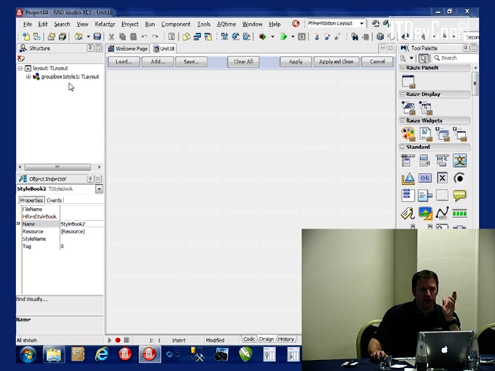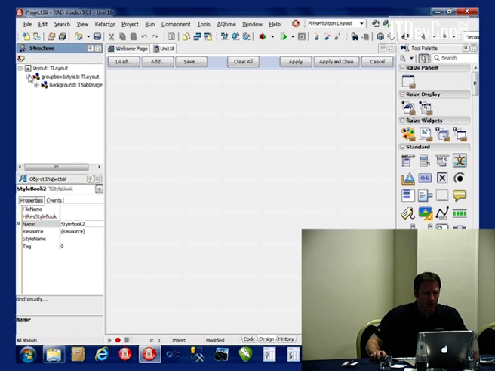I know this is a custom style because the name of the style is called GroupBox1 Style 1. It takes the component name, GroupBox1, adds style to it, and then counts it. So if I did it again, I would get a GroupBox1 Style 2. So it's just made a copy. And what's interesting is that I can look at this,